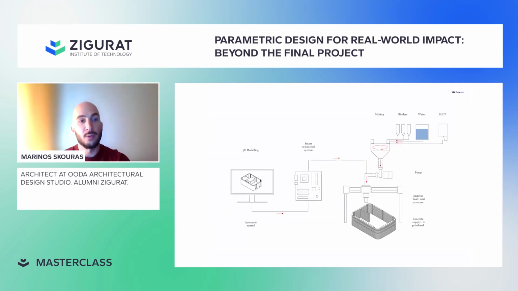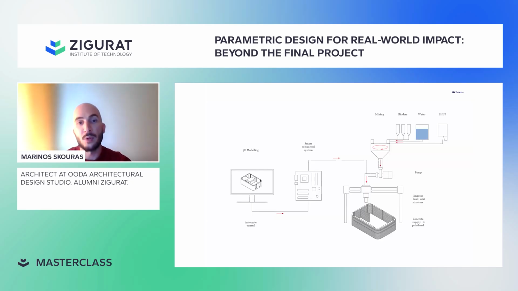A few things about the 3D printer for those that are not familiar with 3D printing in construction. A 3D printer in construction works much like desktop 3D printers. So you have a digital 3D model, which you can create on your laptop or PC using 3D software, for example, Rhino. And then when you have the design done,